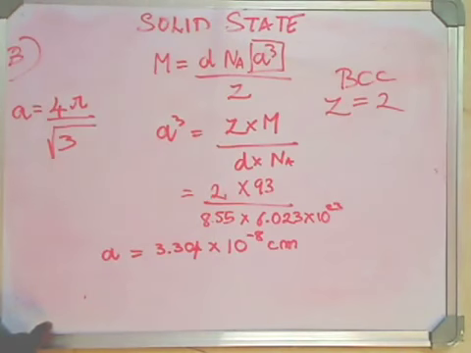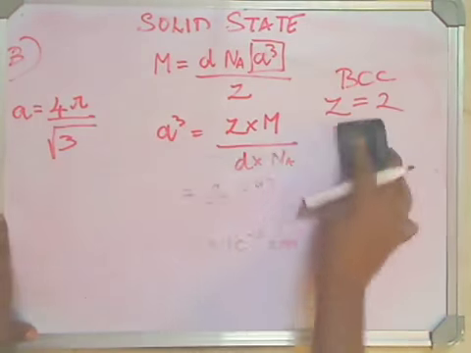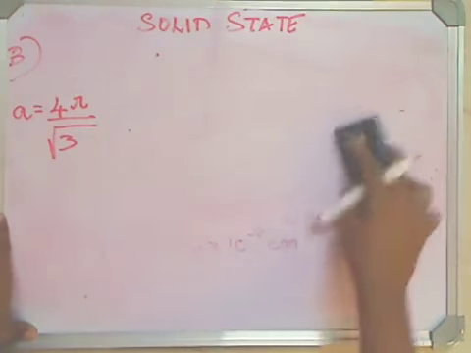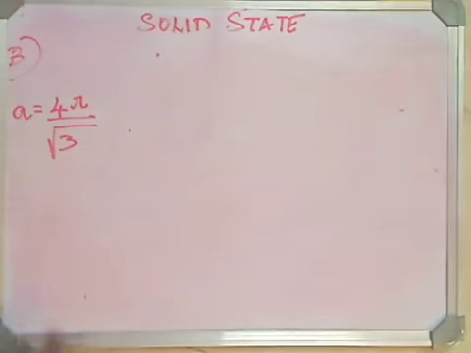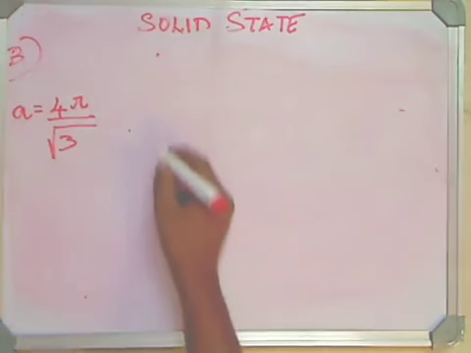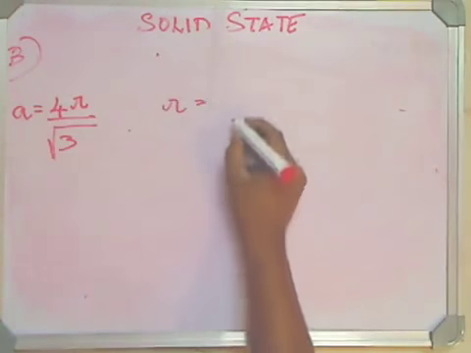Okay, 4R divided by the square root of 3. Now all I need to do is again substitute the values here and interchange the formula a little bit, and this is what I would be arriving at. So the value of a is something that we already know. So here R would be nothing but